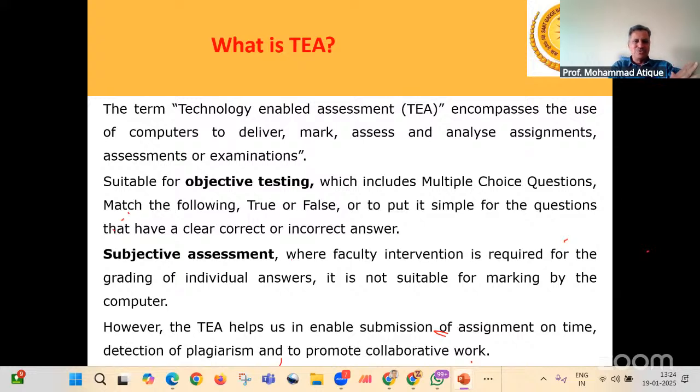Earlier there were tools wherein only objective testing was possible, where you could only keep MCQs, but now for subjective also you have no problem. Even ICT based tools have options for preparing subjective assessment as well. That is very much possible in today's scenario.